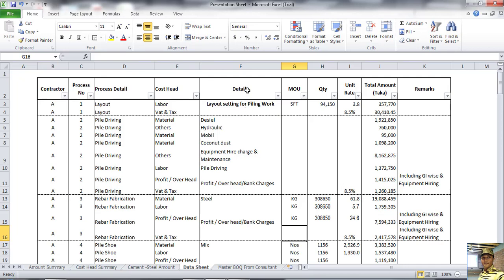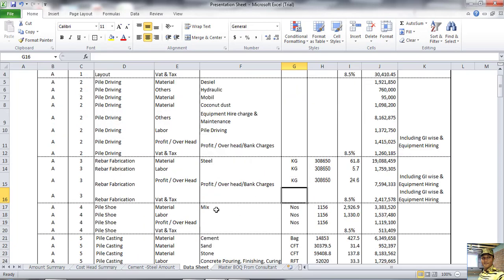I have also mentioned which item comes under which cost head. Like this is material, pile driving diesel will come in the material list. This is a hydraulic machine, it will come under others. Like this I have prepared this Excel sheet.